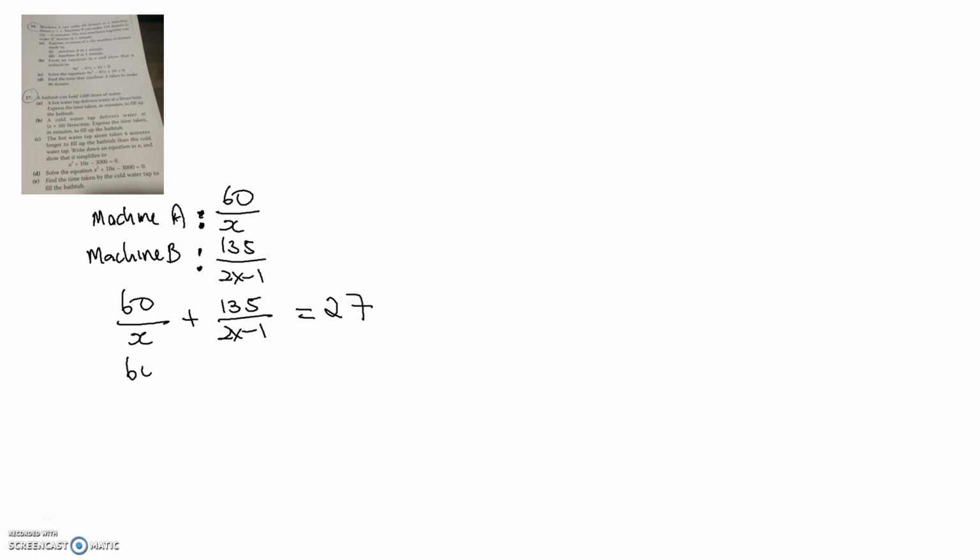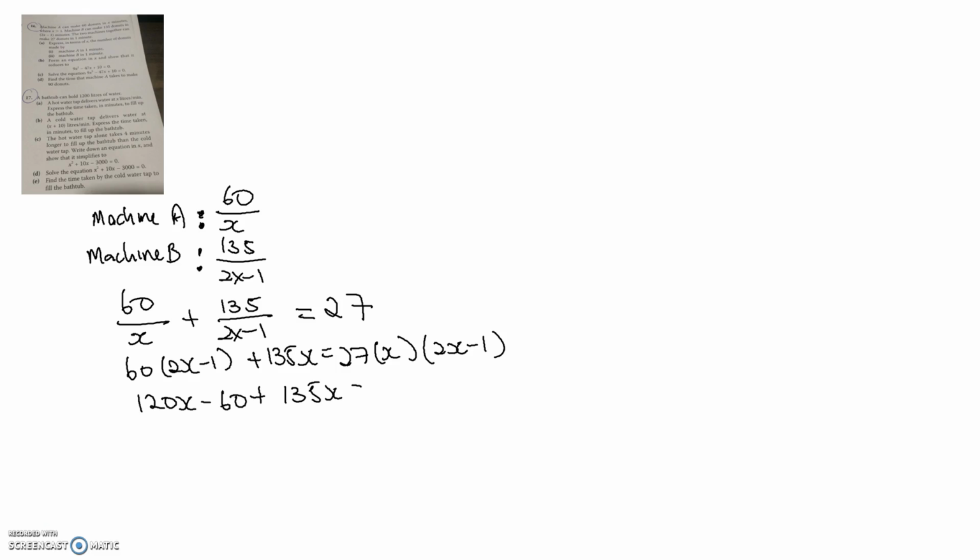In this case it would be 60(2x minus 1) plus 135x equals 27x(2x minus 1). Okay, and then you expand out: 120x minus 60 plus 135x equals 54x squared minus 27x,